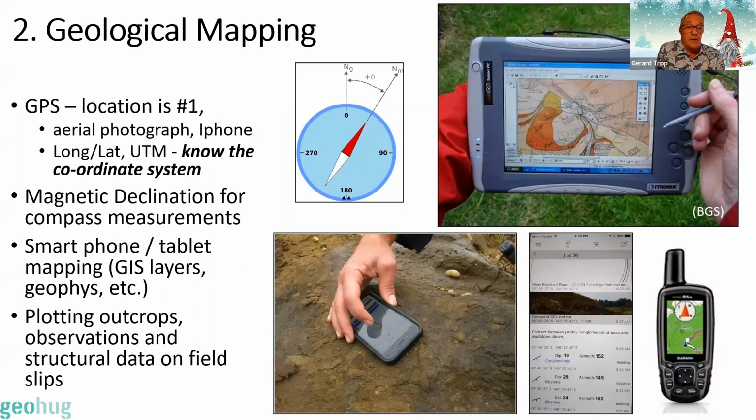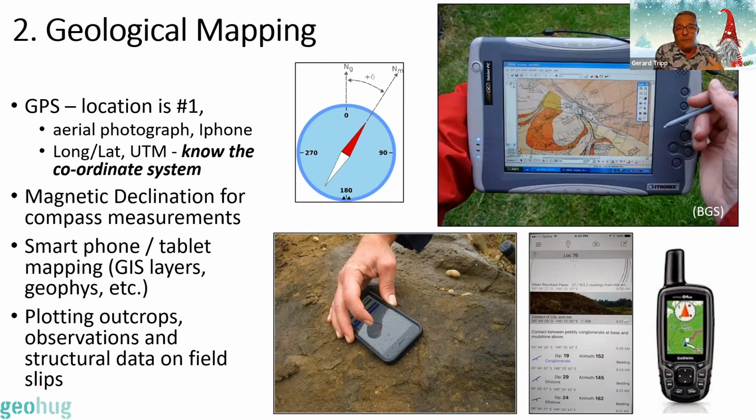But most of the mapping that's getting done by the professionals is on tablets and mobile phones, and there are all those apps that we can download. The apps are really quite good, very accurate, and you're getting immediate digital capture. And I've certainly used tablets for mapping in some pretty wet places,